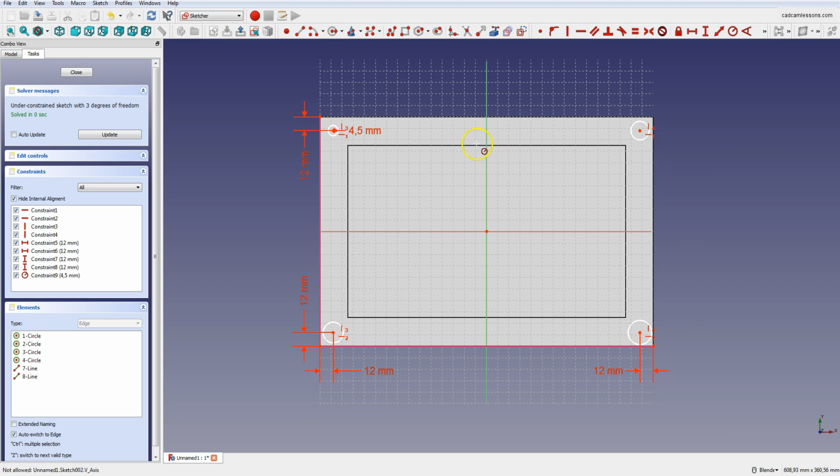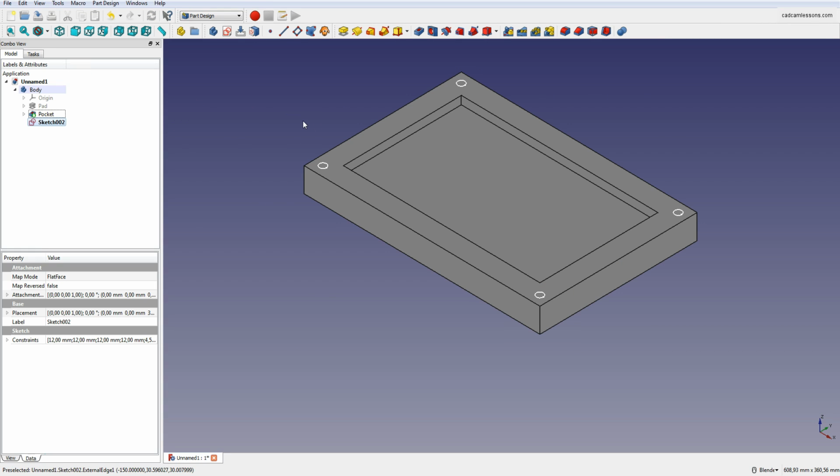With the Ctrl key, select 4 circles and then use the option create an equality constraint between 2 lines or between circles and arcs. Okay. Our sketch is complete now, so we can close the sketch, and now we can add holes in the model